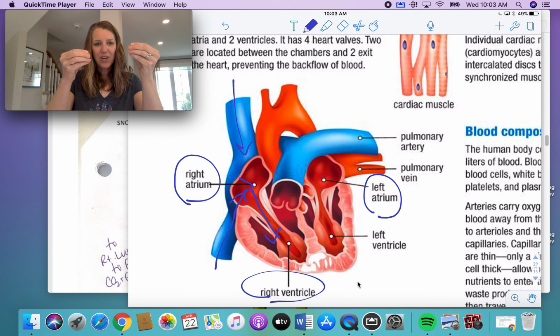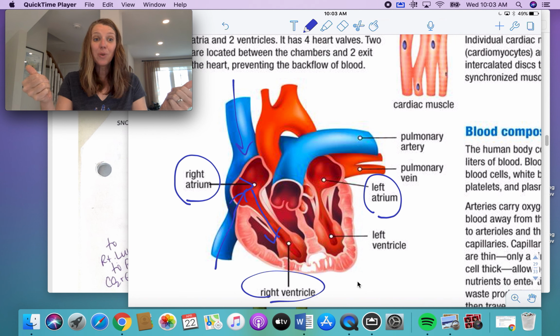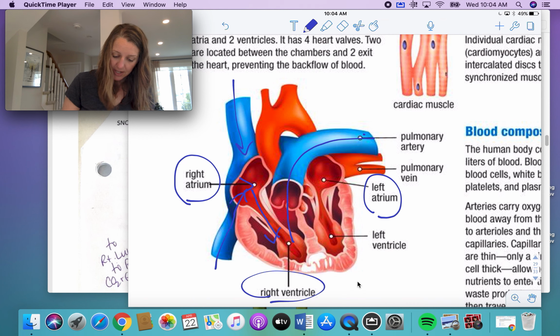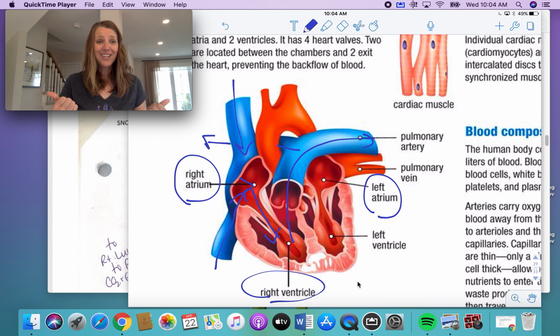So from the right atria, blood travels down to the right ventricle, and then that blood needs to go to the lungs. That's really one of the main functions of the heart, to pump blood through our pulmonary system to the lungs. So let me show you. It's going to go from this chamber here, and out the back,